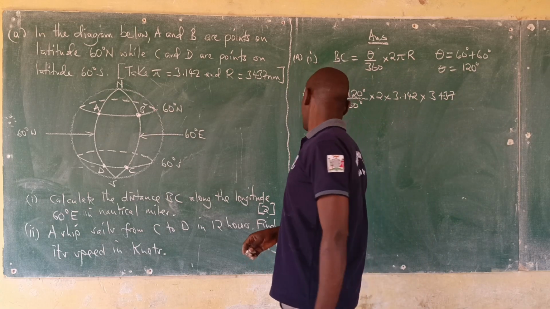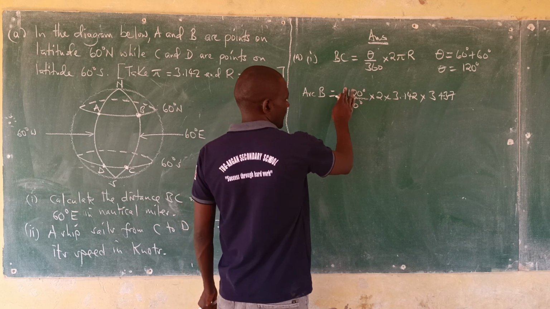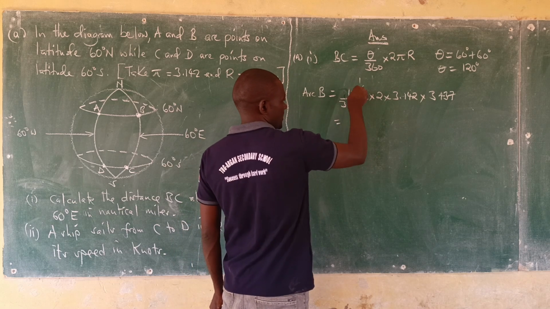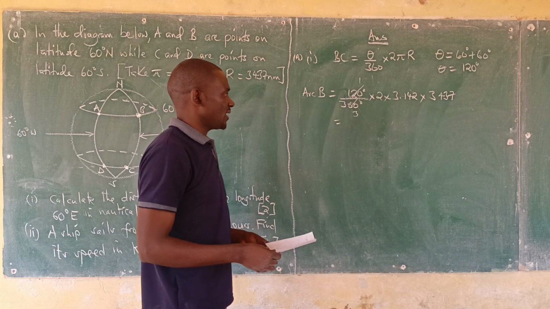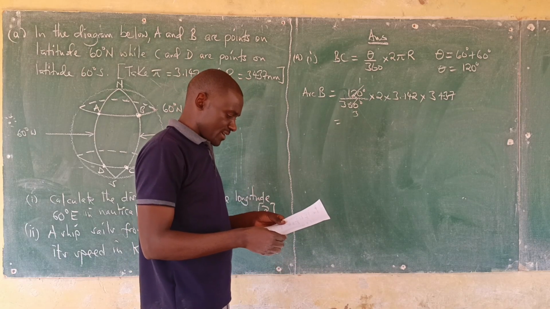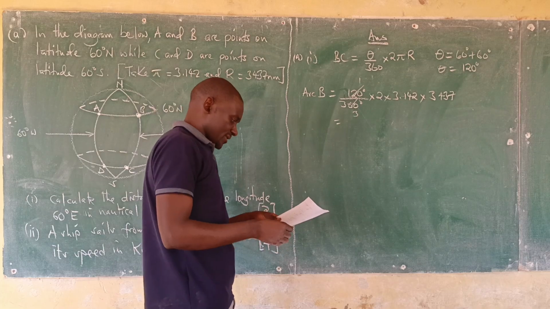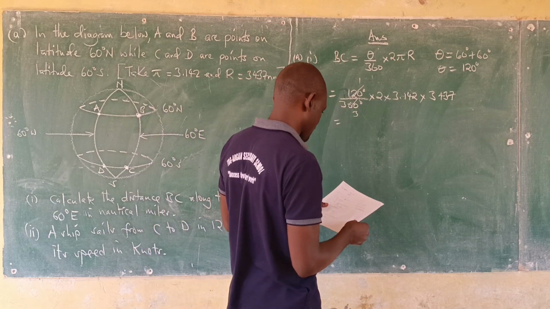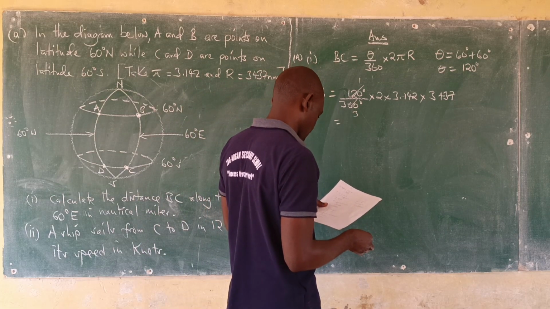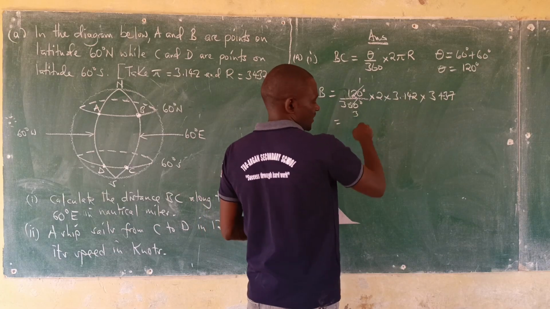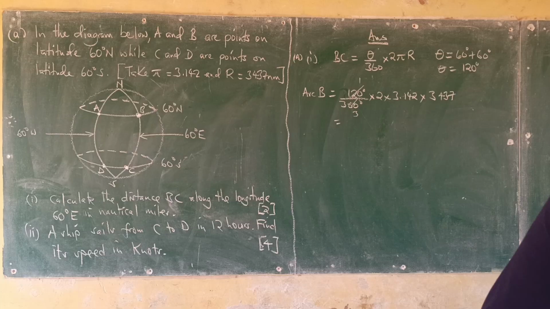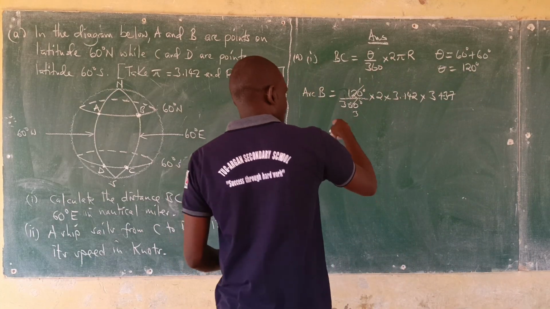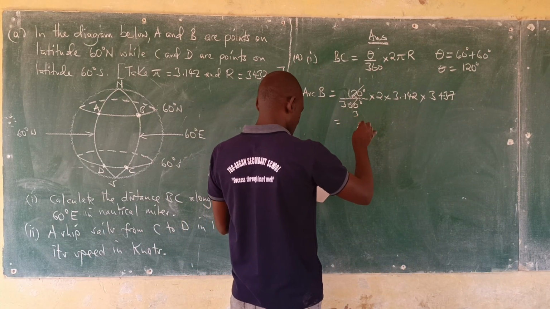So we just simplify this one. Now 120 to 360, that's about 3 times. So we just have to do the computation there. And if we multiply, let me just get a calculator. Okay, so if we multiply, we are getting something like